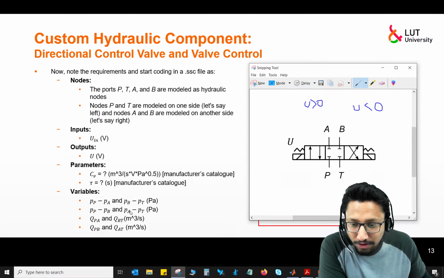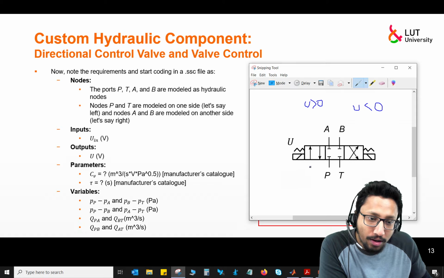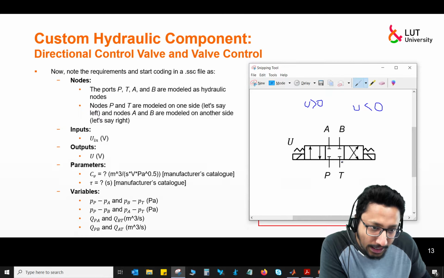For these pressure differences, there will be associated flow, which will be flow from port P to port B, and then flow from port A to port T.